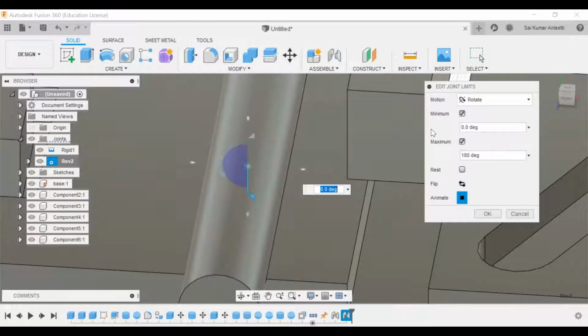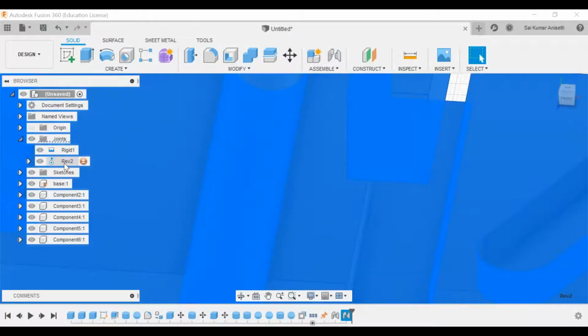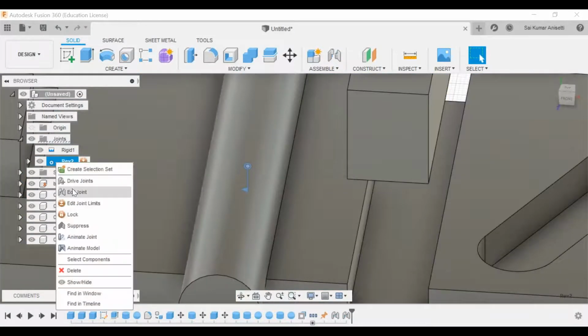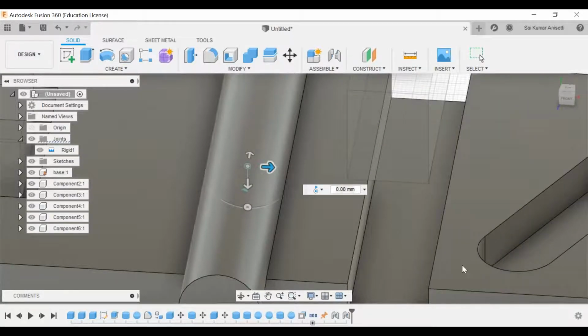Even though you give 180 degrees here, it does not actually rotate 180 degrees, because you have created your offset for 10 degrees, and that offset it will neglect. So do remember that generally your offsets go with 0 itself, in most of the cases. In edit joint, my general offset is always around 0 degrees. Click OK.